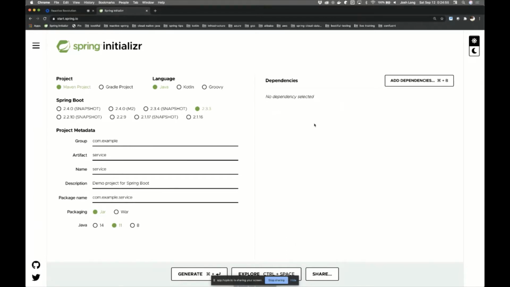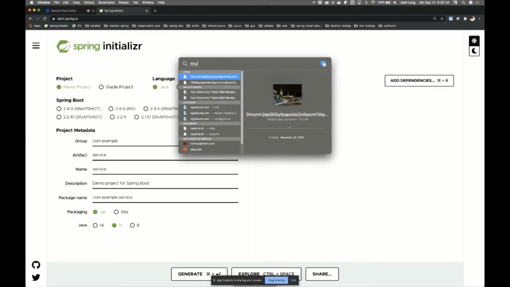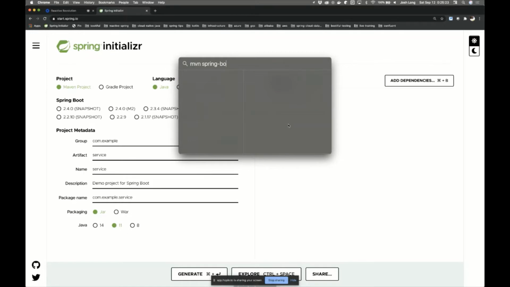Now, there's obviously a lot of things that we could look at. I'm using 2.3.0 or 2.3.3. This is a new version of Spring Boot. There are some amazing things that come in there out of the box, including easy Docker image creation. You just say mvn spring-boot:build-image. There you go. You can do that, and it will give you a Docker image.